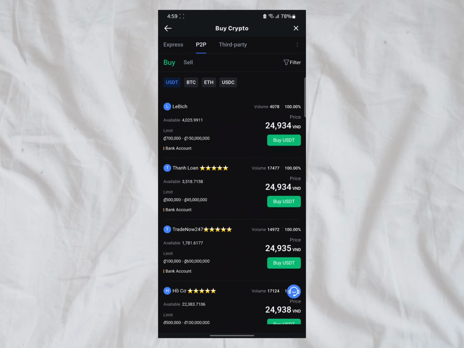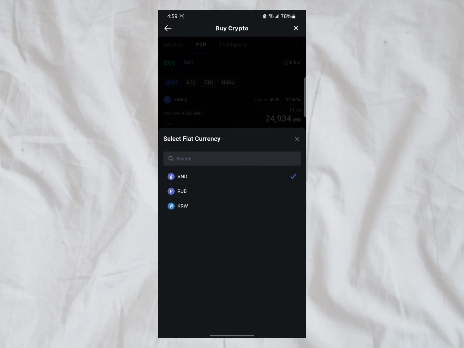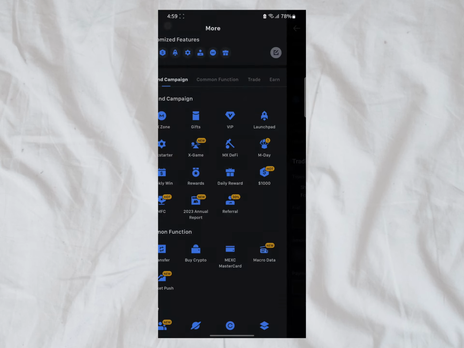So that's it. And you can click on Filter in case you want to change your fiat currency. You can do that. Click on More and you can search. So you can see we have only 3 currencies right here. So that's just it, guys. So let me show you how to get